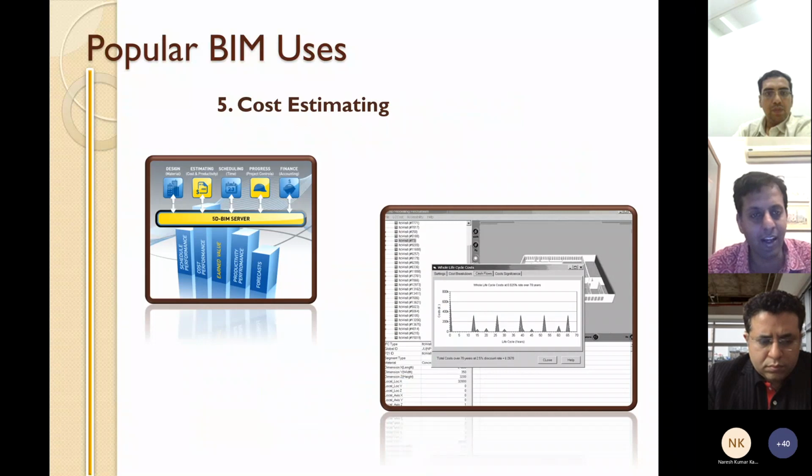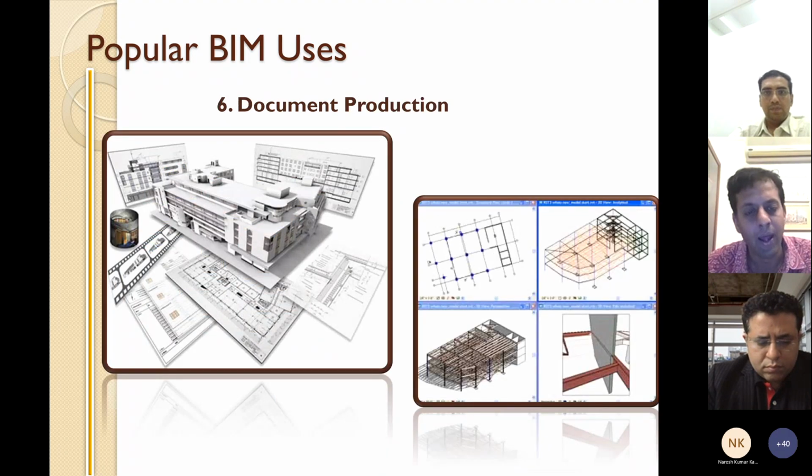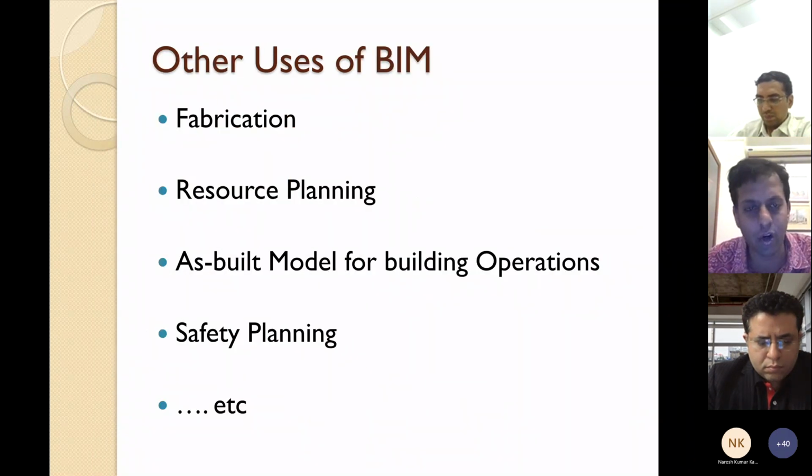Right, and there are several other uses of BIM, being able to extract quantities from models and therefore very quickly provide estimates, but also very quickly compare the work that is done and the invoice that needs to be raised. So a lot of these processes that we used can be automated through the use of a BIM model. And of course, you can also produce documents. And there are several other uses, right? I'm not even going to get into all of them. You can directly fabricate elements using BIM and all of this.